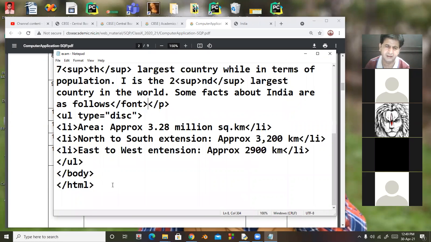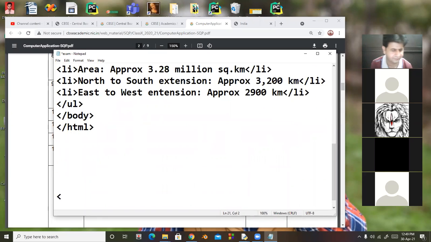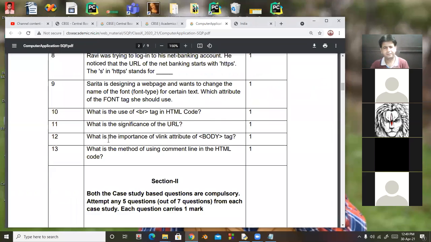But look here, the wrong answer. For inserting a comment, it is an exclamation symbol. Okay, then this is my comment. Is it clear? Ashima, is it clear? Okay, beta. Next question.